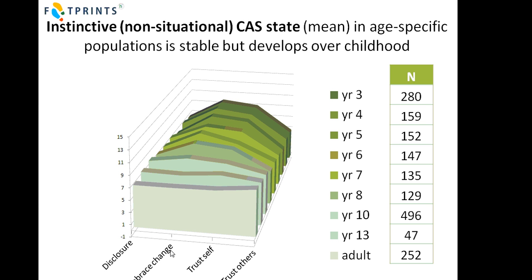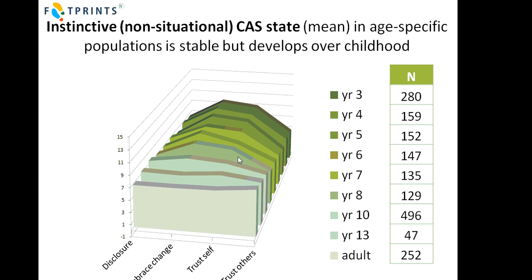If we look at the next factor of embracing change, we see that with young children it starts off high and then works its way down towards, again, a mean of about 7.5, just under that, around 7, with adults. Look at the next factor of trust of oneself, one's own ideas and opinions. That starts high, and again that goes down towards that very similar mean, just around about 7. Trust of others starts low with young children and goes up chronologically in this lovely linear sequence here to roughly the mean, again about 7.2.